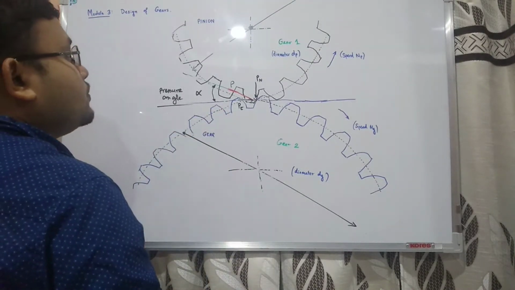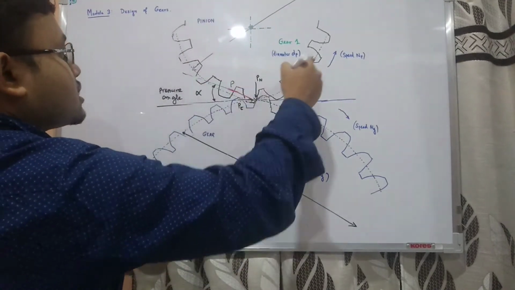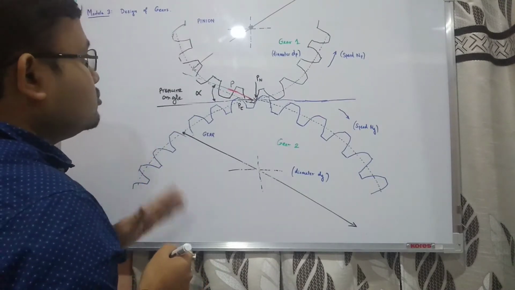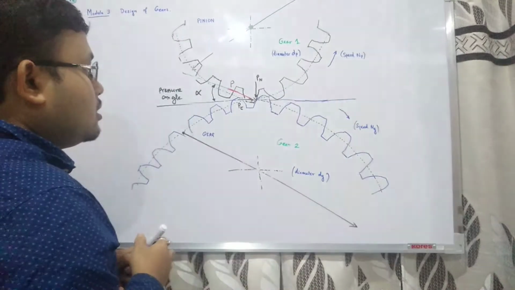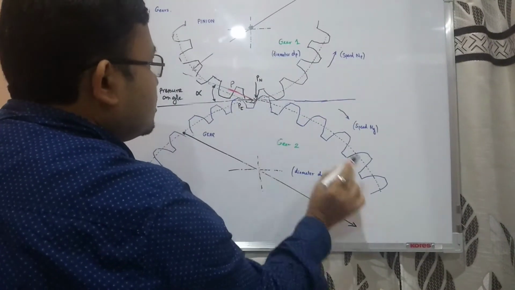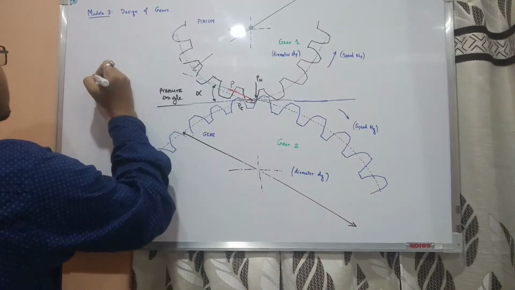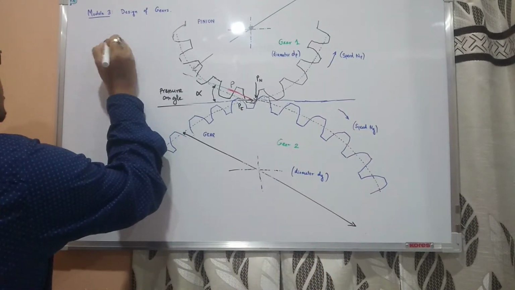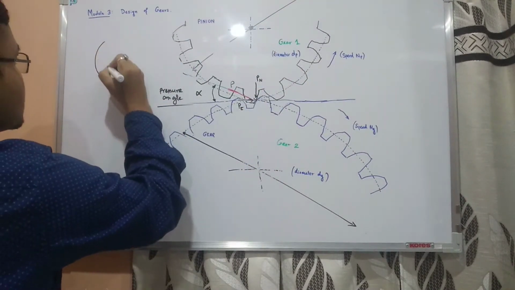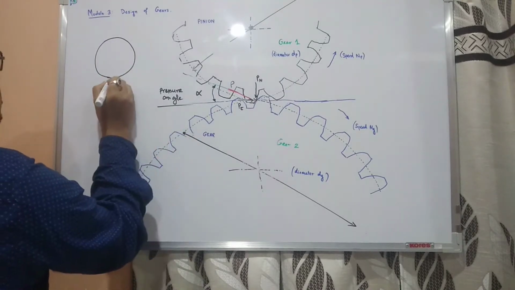Now you see, this is the center, and there are several circles. You know about addendum, dedendum and root circles. You also know about the pitch circle. I have drawn the pitch circle here, the imaginary circle. By the way, let me tell you again what the pitch circle is. When we replace this gear with an equivalent circle or cylinder, for this one also,